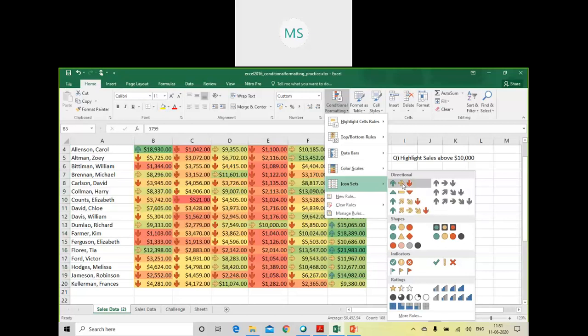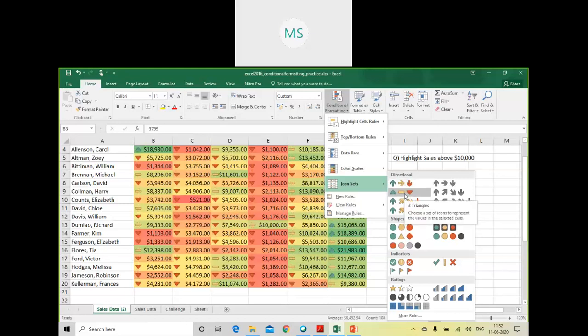Now if I make use of this particular icon, for the lower values, it will display the downward arrow with the red color. For higher values, it will display the upward arrow with the green color, and for the in between values, it will display the icon where the arrow is towards the right hand side. So this is how it can be done.